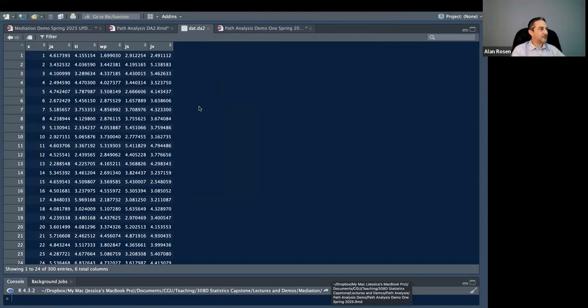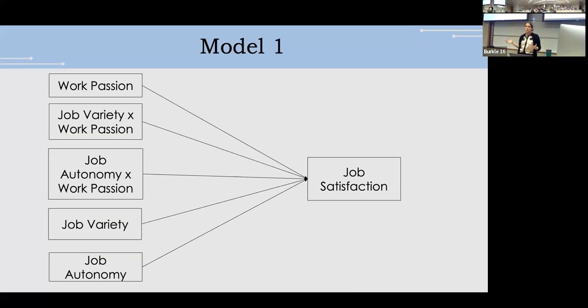Center the data. Now, tricky thing. In this example, we could center our data no problem, because we have clear predictors and we have an outcome. But what happens if we're working with a more complicated path model where we have things that are serving as both predictors and outcomes? Well, then what do we center? Tricky, right? So one way to get around that, which I usually do in path analysis, is rather than worrying about centering anything, I standardize all of my data.